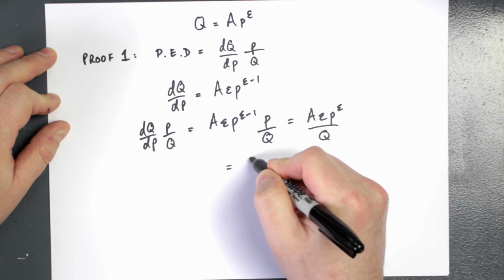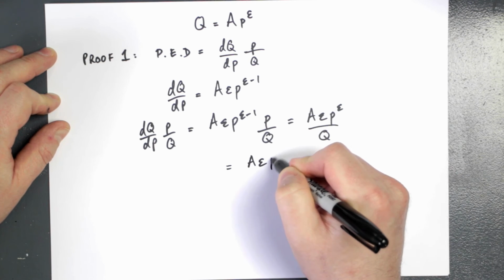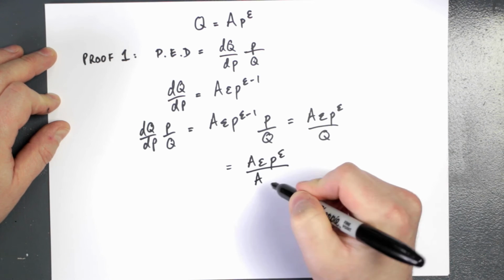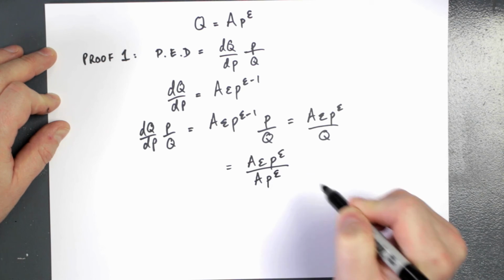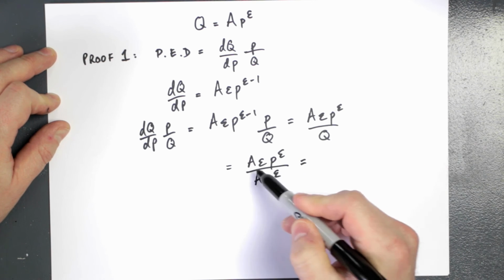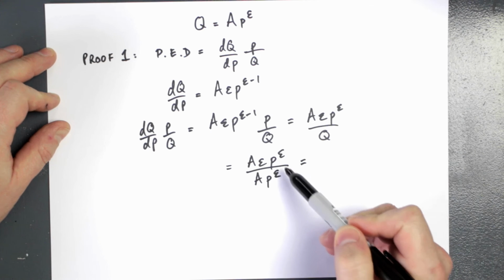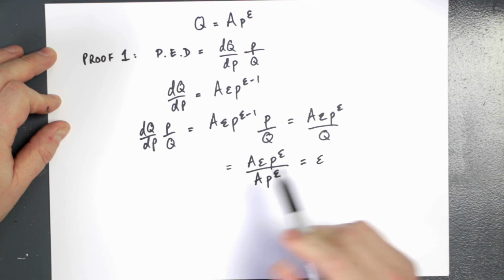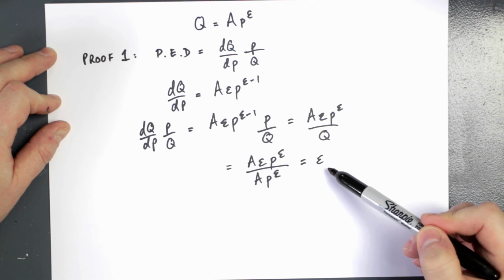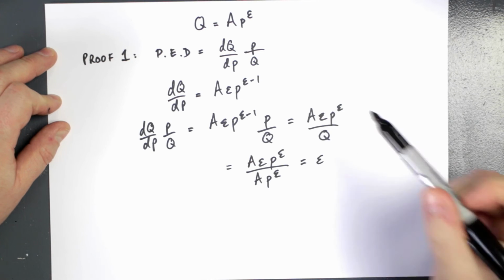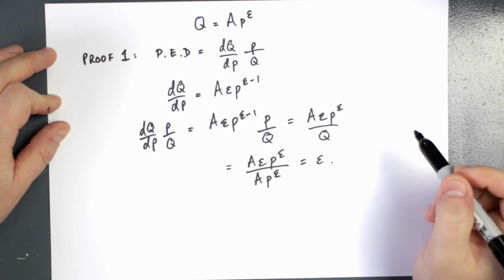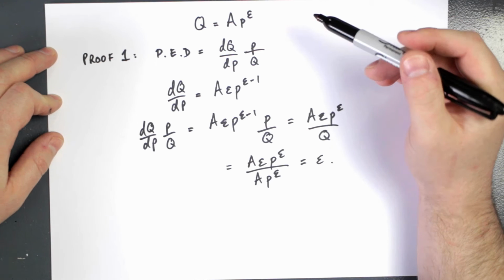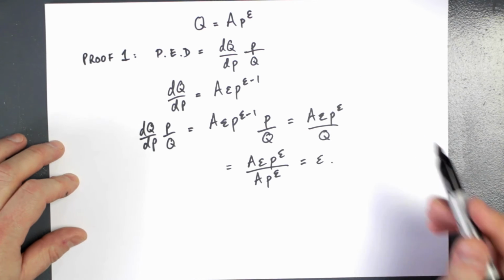So this is equal to A times epsilon P to the power epsilon, all divided by Q, which is equal to A times P to the power epsilon. And now we can cancel out the common terms. We've got A divided by A, P to the power epsilon divided by P to the power epsilon. And we see that this elasticity term is simply equal to epsilon, which is precisely what we needed to prove. Okay, so this is a constant, this demand function exhibits constant elasticity of demand. Okay, now let's give another proof